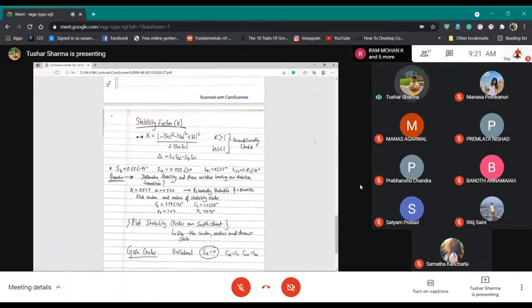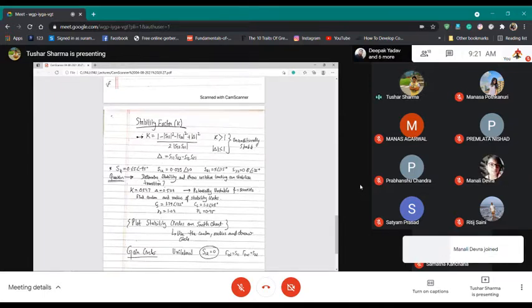And if my K is greater than 1 and the delta is less than 1, I have defined what my K is. It's simple, it's formula based. You plug in values, see what K is, see what delta is. If K is greater than 1 and delta is less than 1, my device is unconditionally stable. In all other cases, my device is potentially unstable.